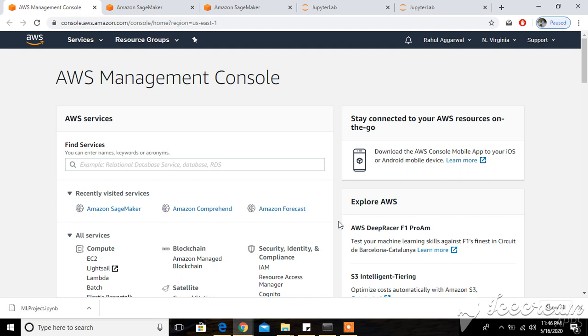Everyone. Today I am going to teach you about AWS, and specifically the machine learning capabilities that come along with AWS. If you can see my screen, here I have shown you Amazon SageMaker, Amazon Comprehend and Amazon Forecast. These are three most important machine learning capabilities being provided by Amazon Web Services.